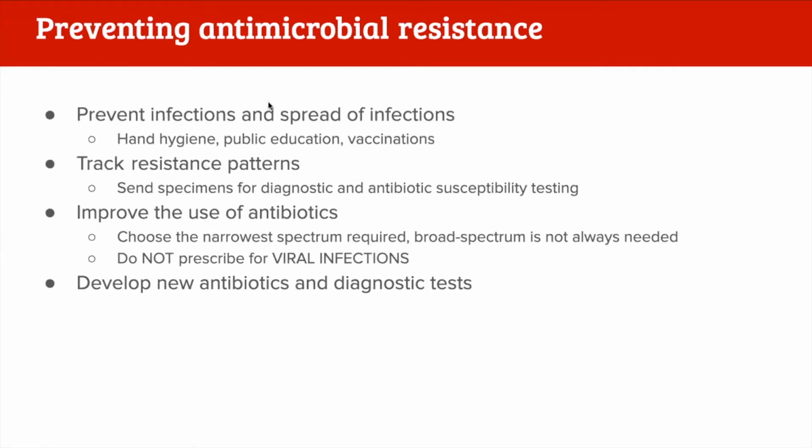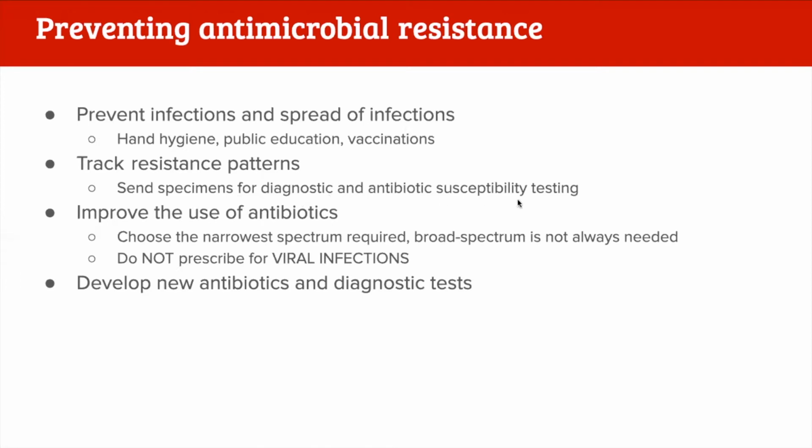So finally, what can we do to prevent antimicrobial resistance? Well, first of all, we can prevent infections and the spread of infections. So things like hand hygiene, public education, and vaccinations all help to prevent infections and to help prevent spreading them. As health professionals, we can also track resistance patterns. So we can send specimens for diagnostic